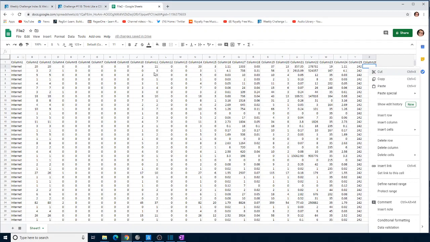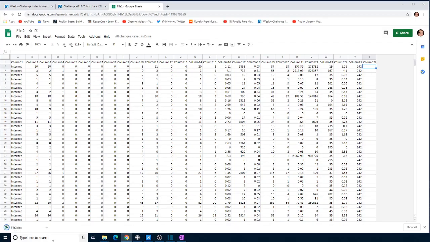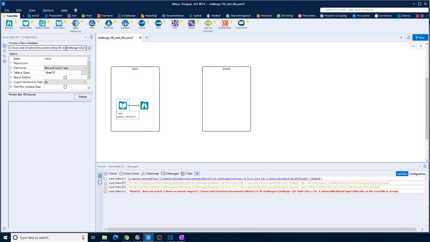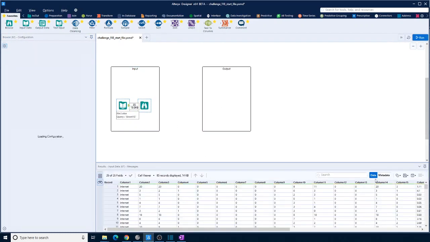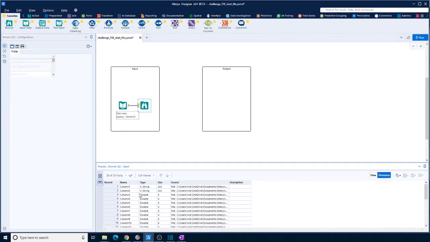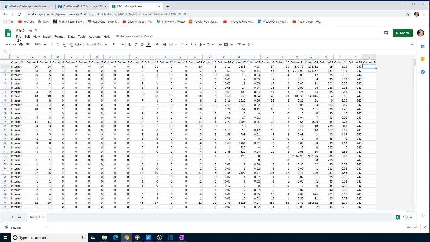Okay, so let's save that. So what we can do now, we have file 2, is then look at file 3. If we bring just that in, okay, that's brought in file 3. Let's have a look what's the difference then. So the metadata, we've got column 23 is a string when it should be a double. Okay, so if we then go back to here and open